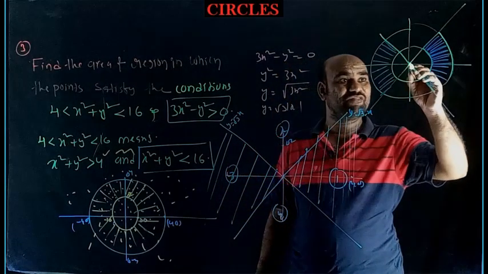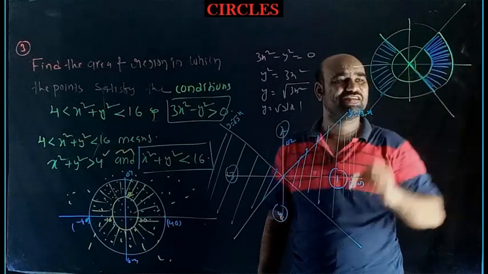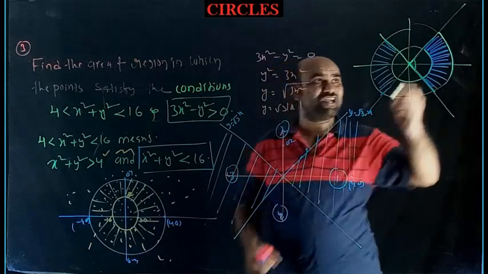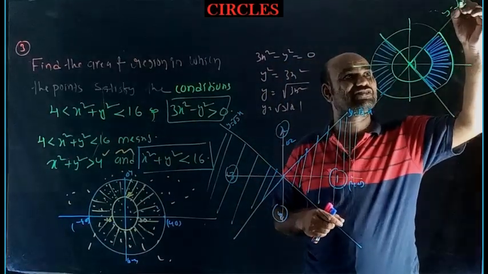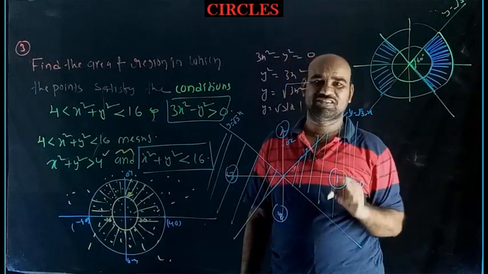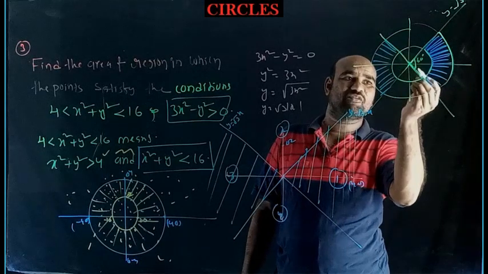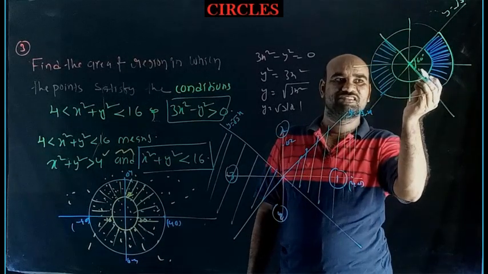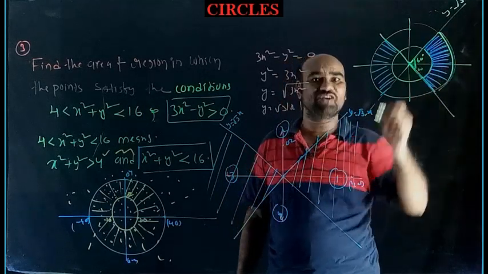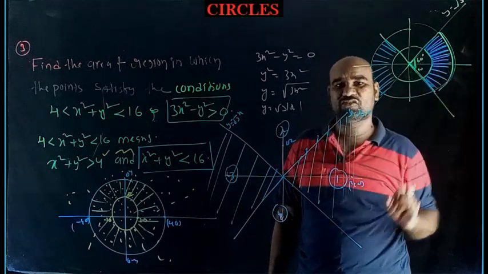How to find the area of the sector? We should know the radius and the angle made by the sector at the center of the circle. Already by the name of this line, y = √3x, its inclination is 60 degrees, so this is 60. This inclination is 120, means from here to here 120, automatically this is 60. The total angle made by this arc at the center is 120 degrees. So you can find the area of the bigger sector, and after that the area of the smaller sector.